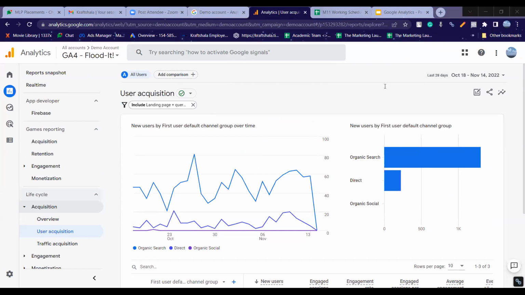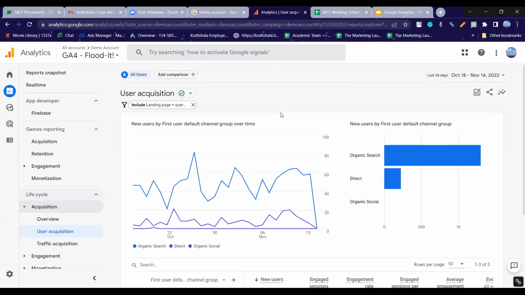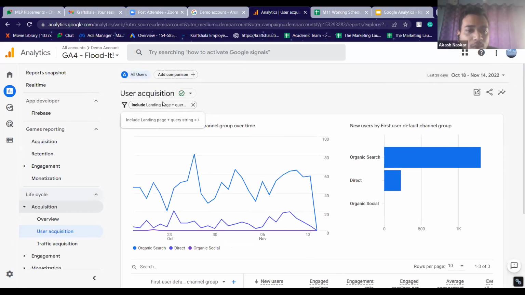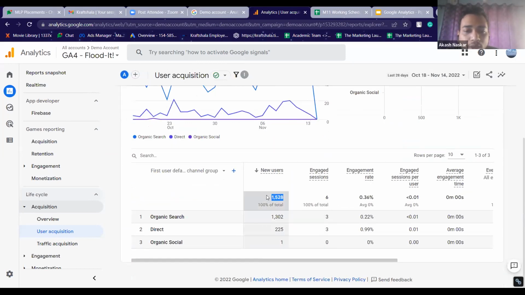Akash, I inserted the filter twice, but the first time the data was wrong, and then I had to do it again. Is this something related to the demo website, or is it something that we have to make sure is happening? Not sure what you did, but you can't apply the filter twice. Once you apply it and click on OK, you will see the numbers.